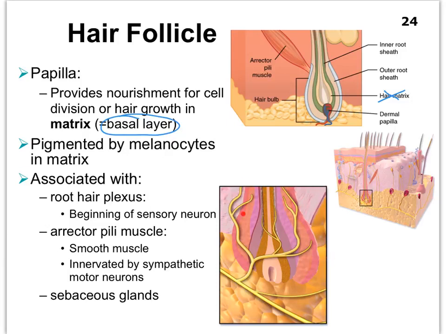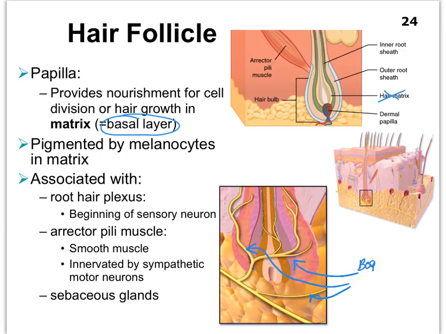It's not shown on this picture, but it is shown here, and I have blown it up over here. So this is our hair bulb here with its various layers. You can see very nicely here the dermal papilla once again. And so all of these yellowish fibers that you see here that literally hug our hair follicle are the beginning of a sensory neuron. So they are the beginnings of a sensory neuron. And as the name says, well,